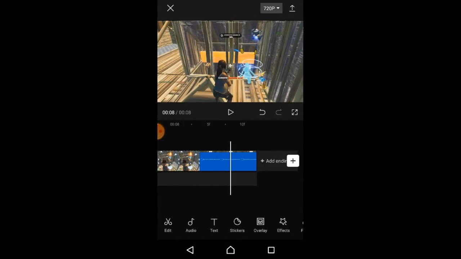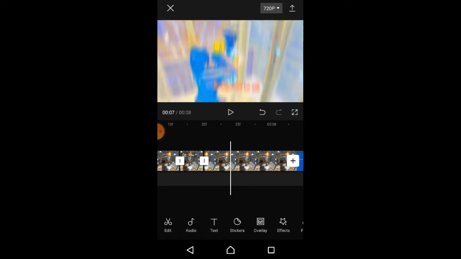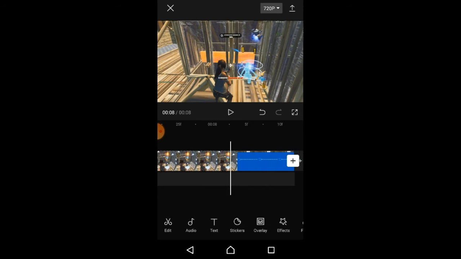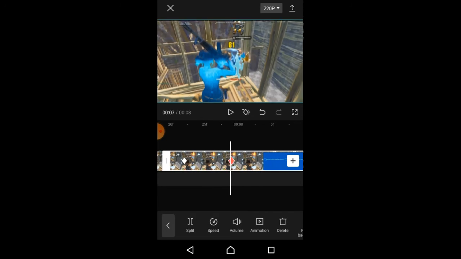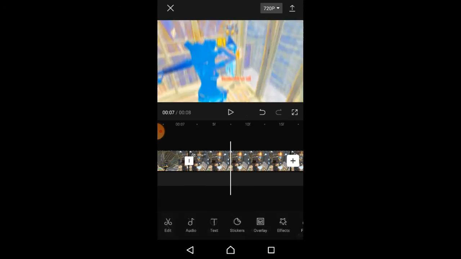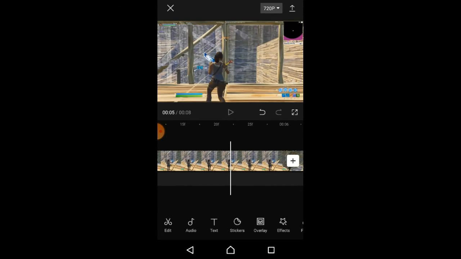Velocity, and then yeah. So if it's too fast, which it probably is, then you want to go to the clip and probably add another keyframe a bit later so that it takes a bit longer, and then remove the second keyframe so it'll be a bit longer like this,